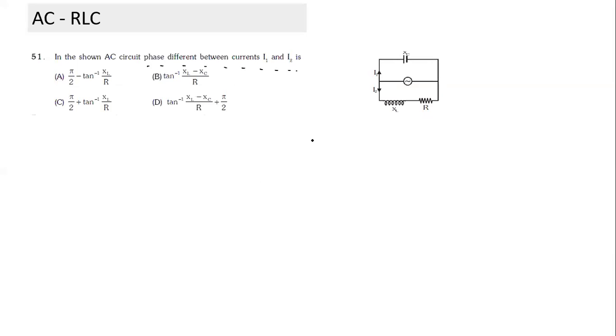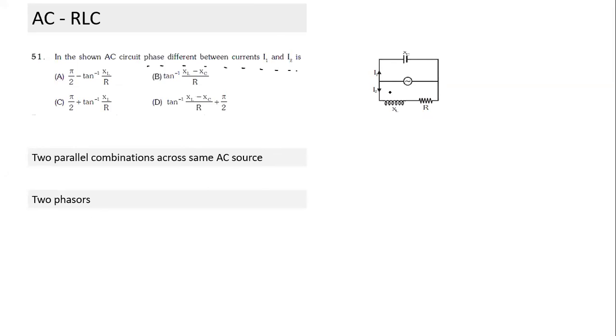Sir, we take a reference phasor. Okay, so we can take a reference phasor. See, if I have to look at the circuit, how do I define it? Two parallel combinations connected across the same source. The source is the same for both. So with reference to this voltage, I can find the phase of I1, and with reference to voltage, I can find the phase of I2. Since the voltage is common, if I can find the phasor of I1 and of I2 with reference to voltage, we can find the phase difference between I1 and I2. So for two parallel combinations, two phasors will be drawn.